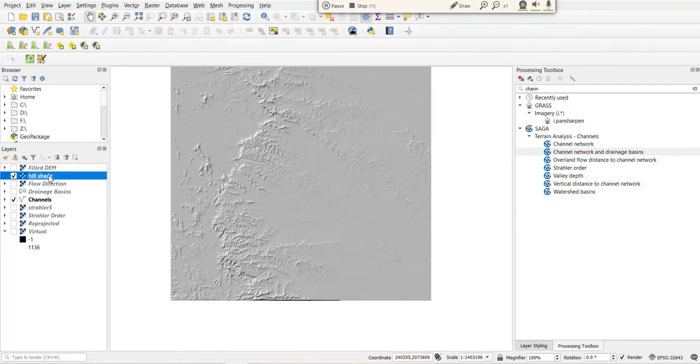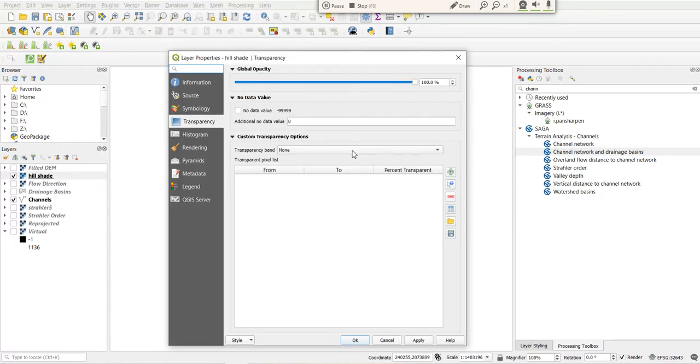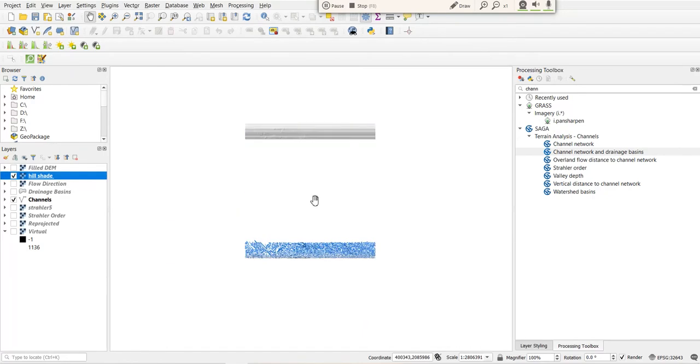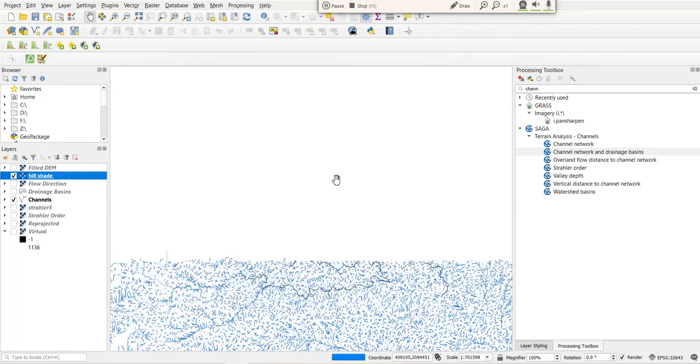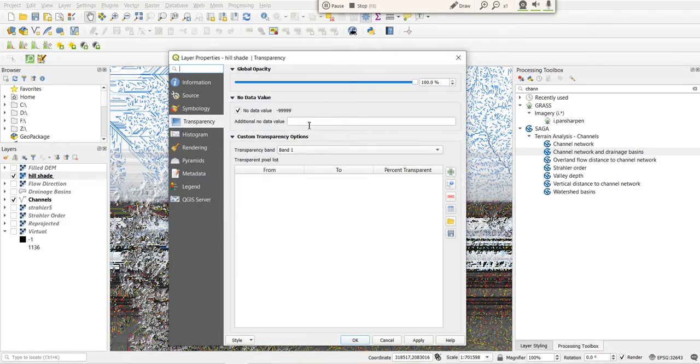There is some issue, I think. Otherwise these streams can be shown over it. What is the issue with transparency band? There is some issue with this styling, I think.